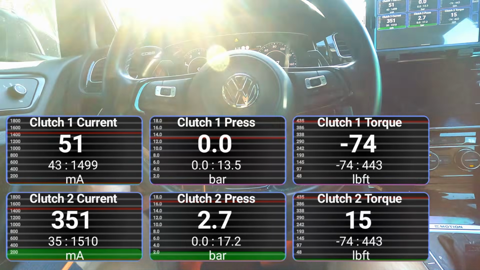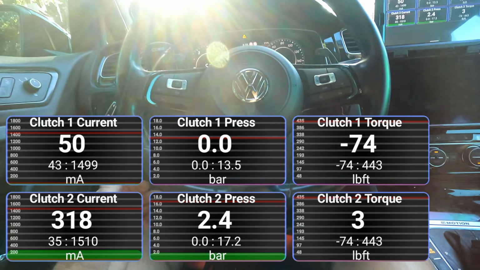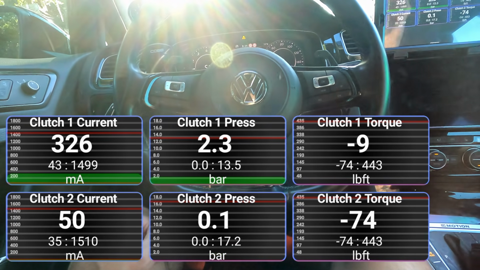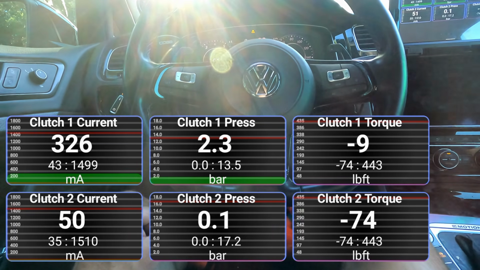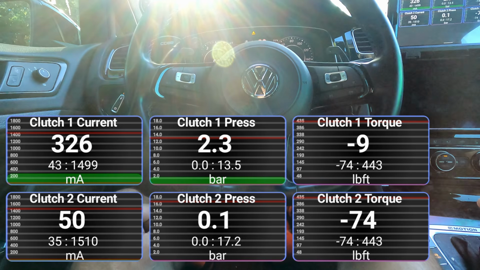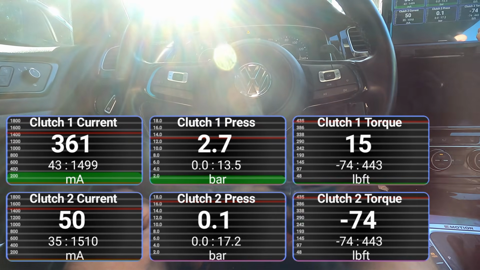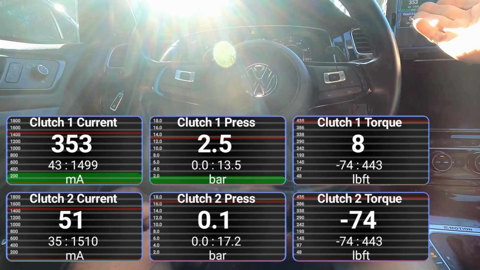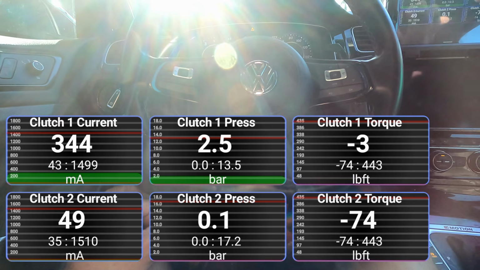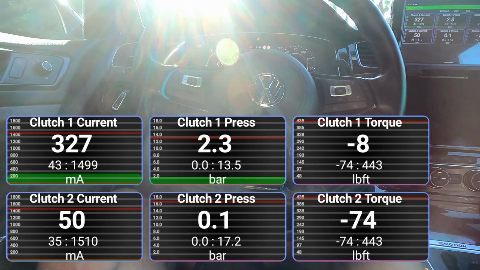But when I come to a stop, like I'm doing right now, clutch 2 is completely disengaged, clutch 1 just holding close, just to be ready, so that when I do lift off the brake, it can apply a small, slow, incremental amount of torque, and that's done through additional current, which raises the pressures. So that's how that works. Anyway, yeah,